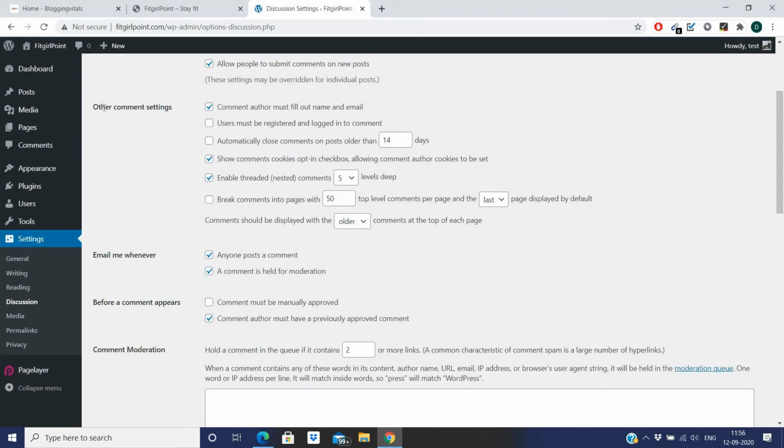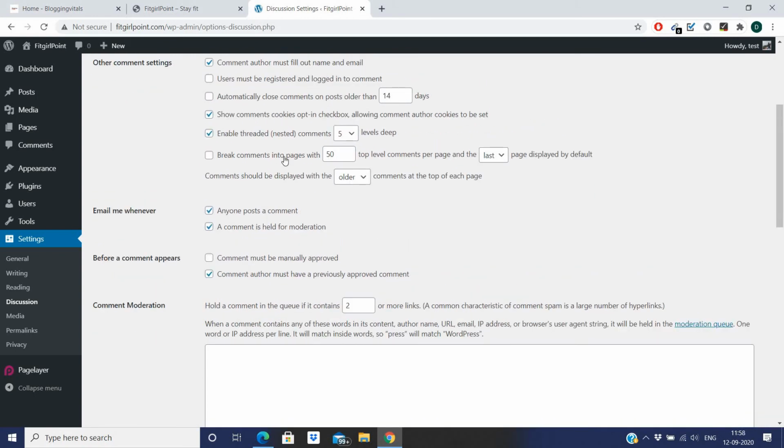And then there are other comment settings, like comment author must fill out name and email, so keep it as it is. And then users must be registered and logged in to comment. That means the user has to register to comment on your site, so don't select this option if you don't want that. And then automatically close comments on posts older than 14 days; you don't need to select this option either.